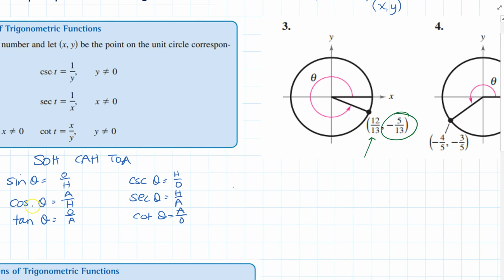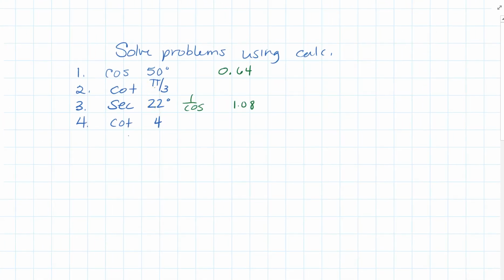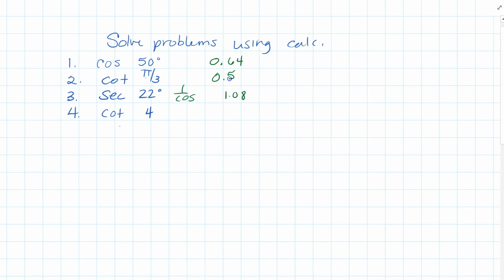Make sure you understand that secant partners with cosine, cosecant with sine, and cotangent with tangent. Okay, on these, I have to change my mode to radians and then proceed. The cotangent is going to be 1 divided by the tangent. And your calculator, when you hit tangent, it's going to open the parentheses for you. And you can do the pi divided by 3. We do not use 3.14. We use the pi button. And you're going to get 0.577, so 0.58 to the nearest hundredth. And the cotangent of 4 is 1 divided by the tangent. And that's going to be